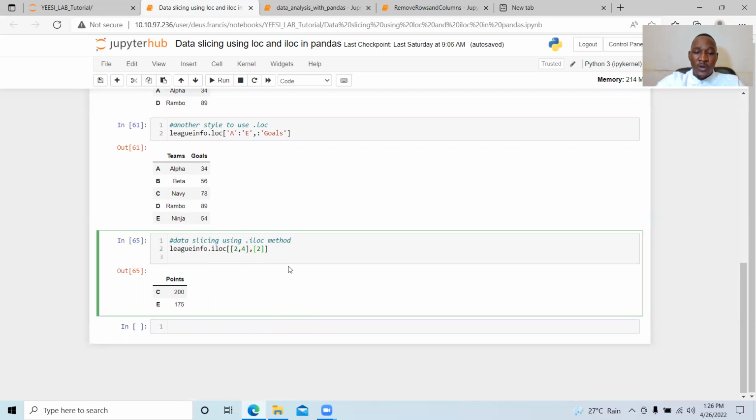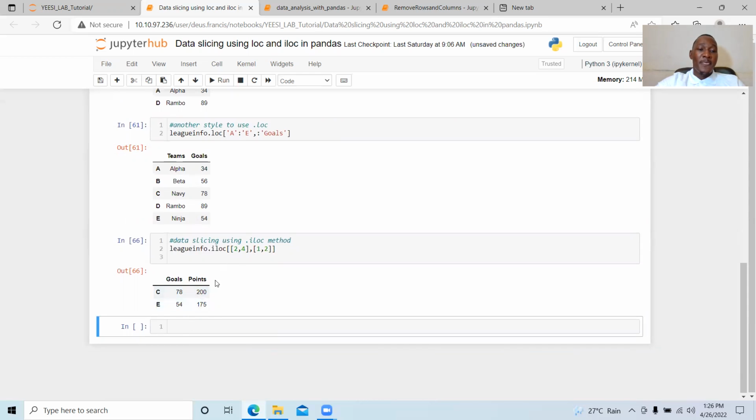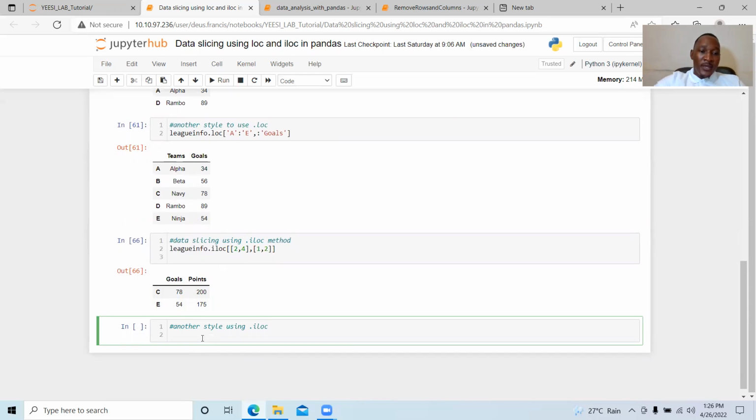So you can say, also, I want a 0, 1, and 2, this one. So you just take these guys. That's what you wanted. Again, you can do the same here. You can use another style, like the first style here, another style using the iloc method. You come back here, you say, all right, call my object this link info, use the iloc,